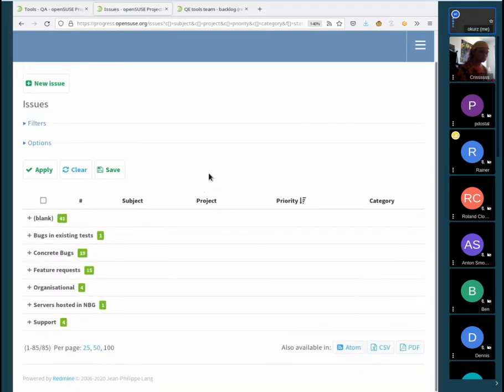So much about the resolved tickets. Any additions or any questions for that? If not, then let's go to the plan.